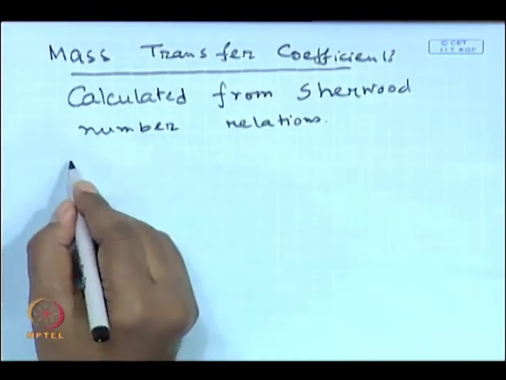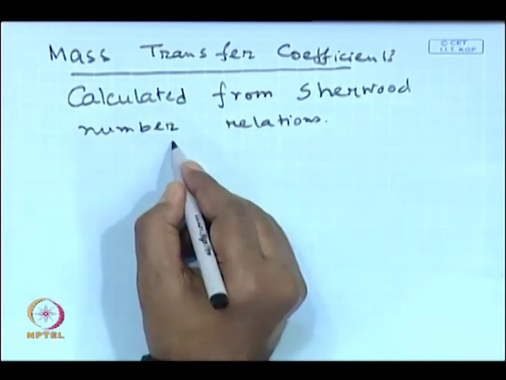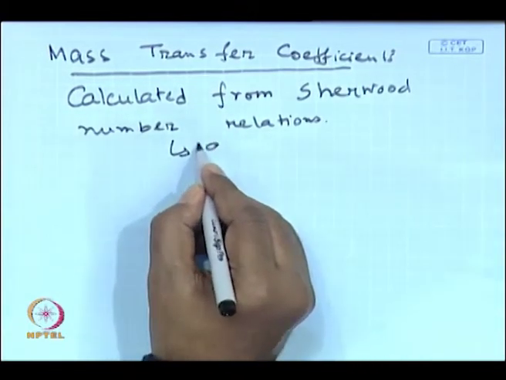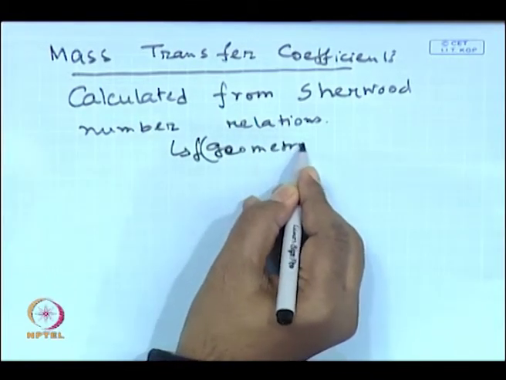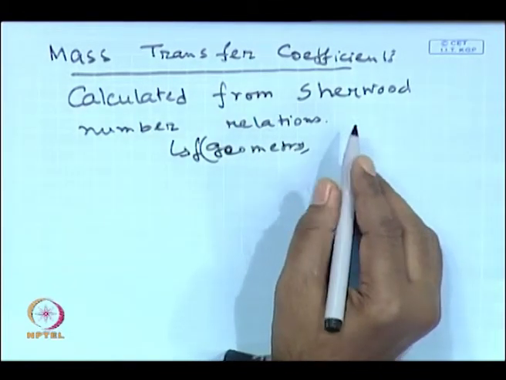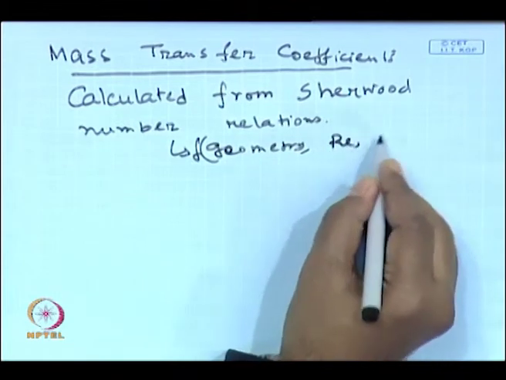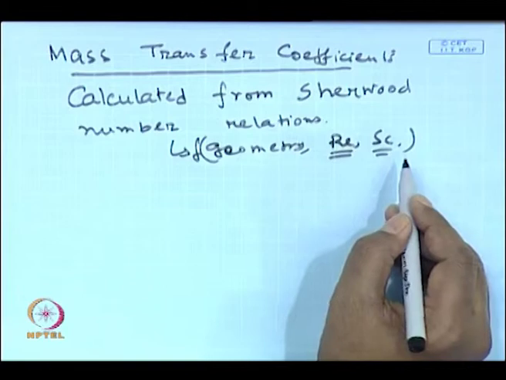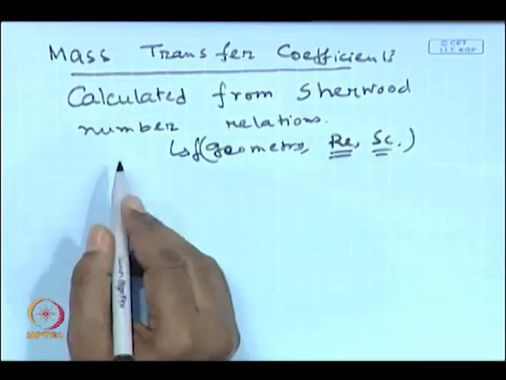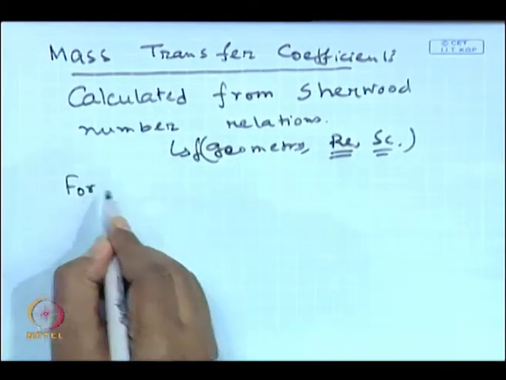Okay. And obviously, depending on the geometry, they are a function of the geometry of the flow channel, and the Reynolds number and Schmidt number. Reynolds number is basically the turbulence, and Schmidt number is the property of the fluid. And for flow through a tube,